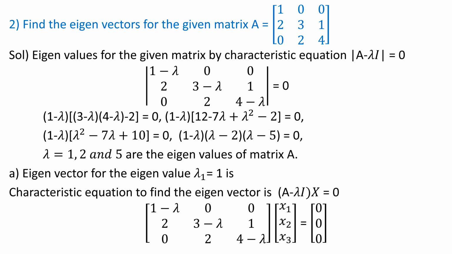Basically, I told you in the previously uploaded videos a shortcut method, that is a two-step method to find the eigenvalues. The sum of the eigenvalues is equal to the sum of the diagonal elements of the given matrix, and the product of the eigenvalues is equal to the determinant of the given matrix. From those two steps we get two equations, and here it is a 3 by 3 matrix, that is, three eigenvalues will be there. That means three unknowns and two equations.